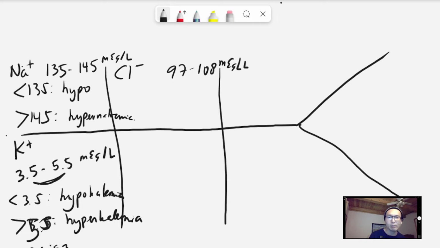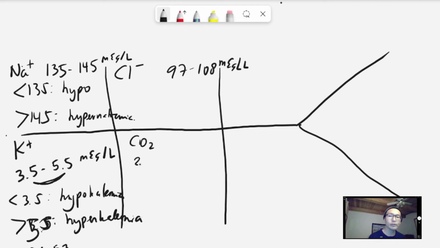The main input of potassium in the human body is just from food. Potatoes and oranges have a lot of potassium, and potassium is mainly regulated by the kidney. So if somebody has a problem with kidney function, or has acute renal failure, or even chronic renal failure, potassium will be high. The next one will be carbon dioxide,